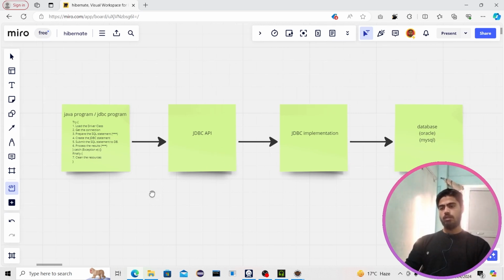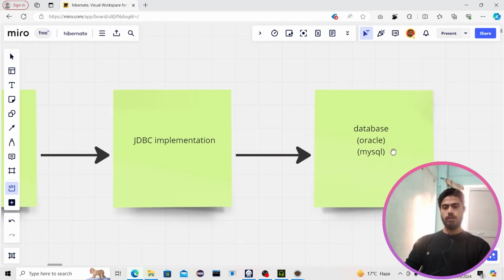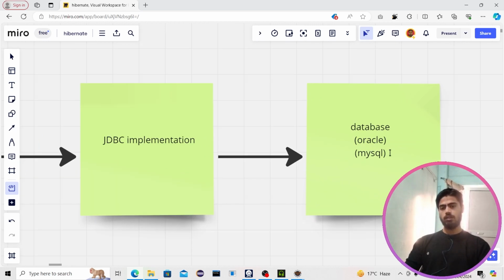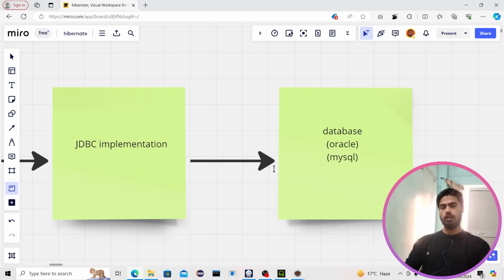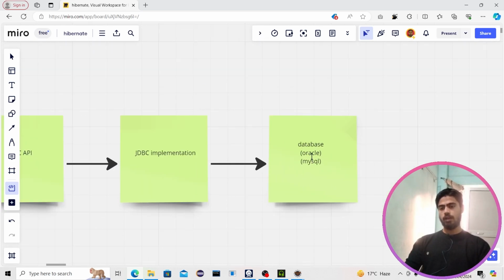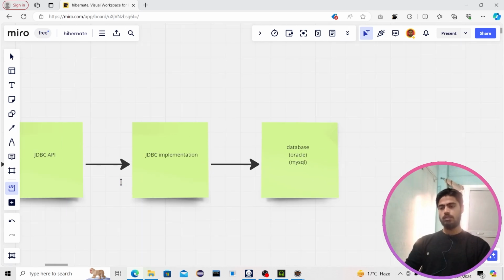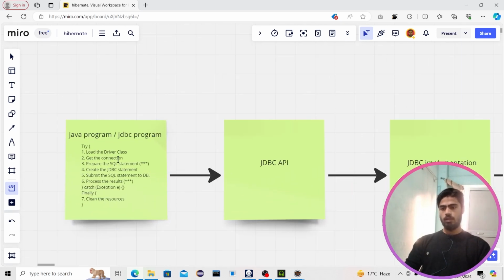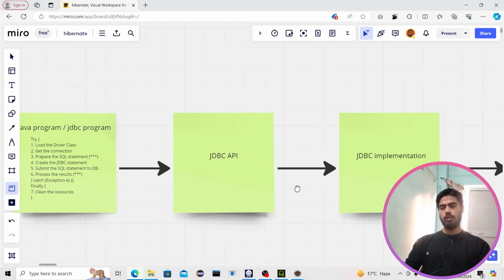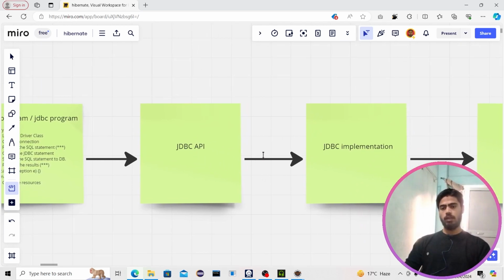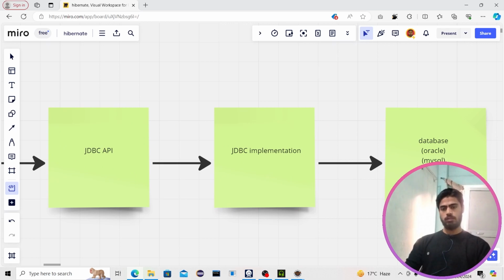Whenever we are trying to interact with a database, maybe MySQL or Oracle, basically we are interacting with SQL databases. Whenever we are interacting with a database through our Java program, then we need the JDBC API, Java Database Connectivity API, which is provided by Sun Microsystem, and the implementation of the JDBC API is given by the driver vendors,